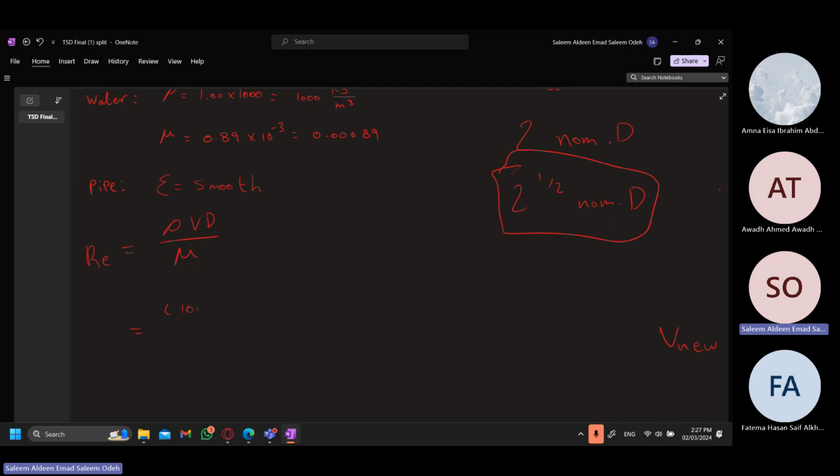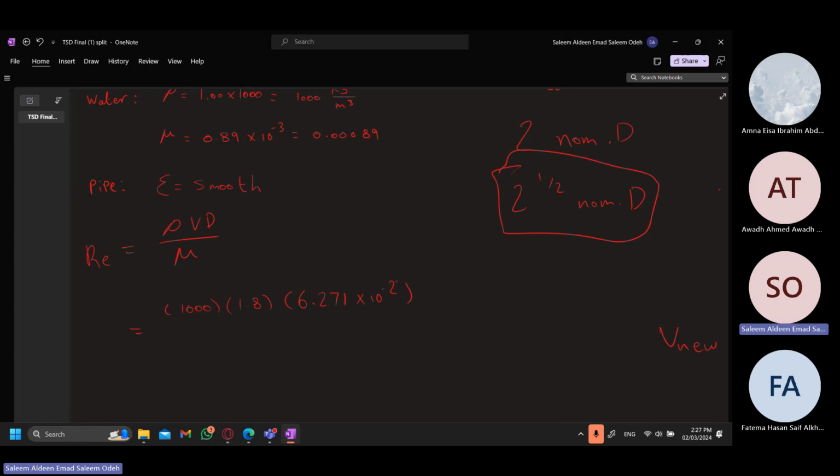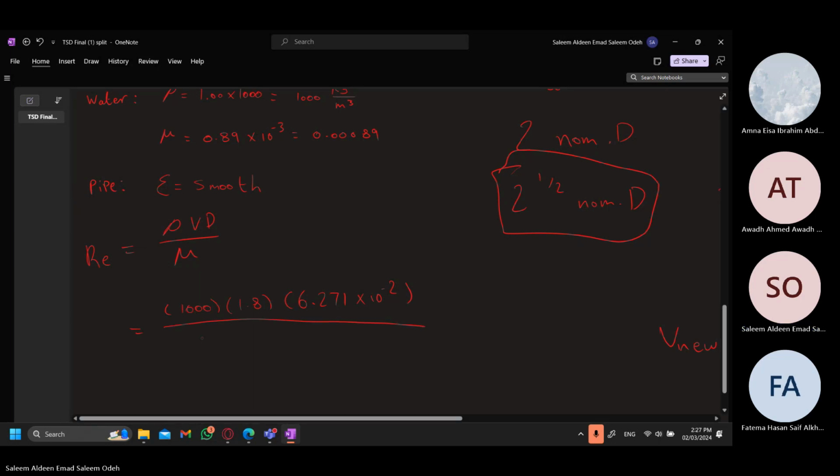So it will be 1000 multiplied by 1.8 multiplied by 6.271 times 10 to the power of negative 2, we need it in meters, not in centimeters, over 0.00089, which will give us a Reynolds number of